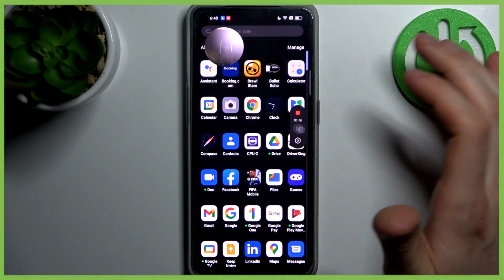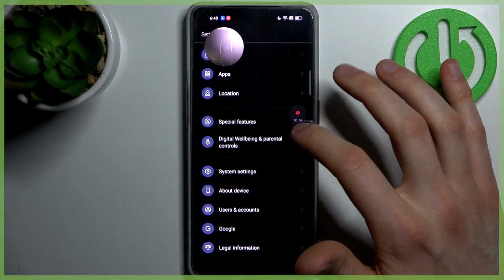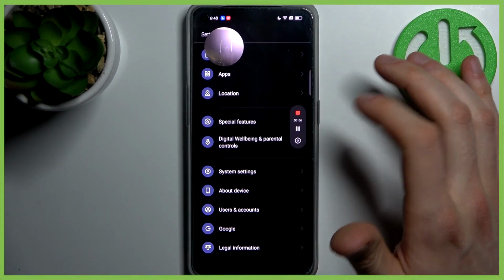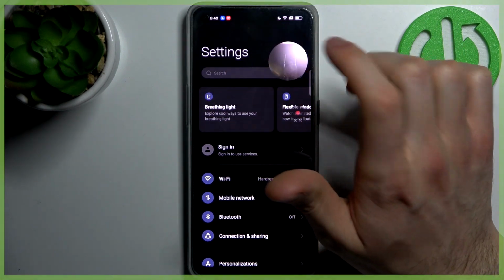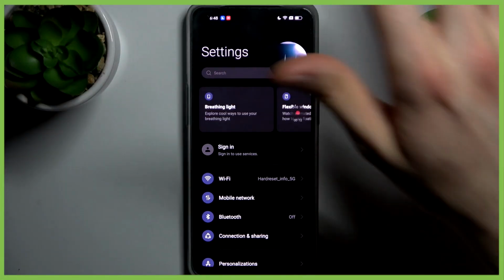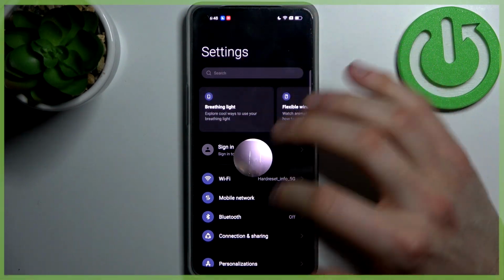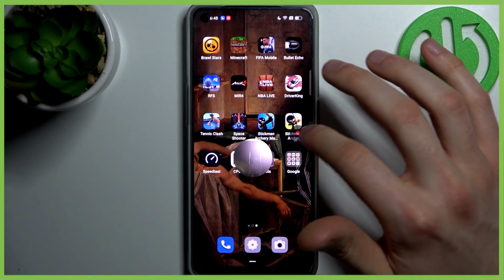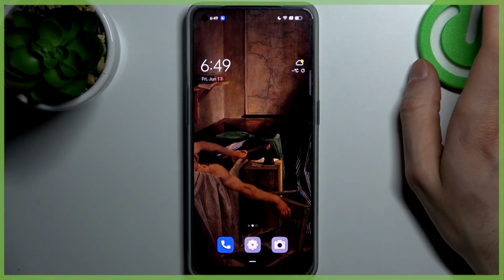You can pause recording by tapping on this button, then you can play it again by tapping on this button once again. And you can also move around this front camera view. You can move around this menu. But when you're done recording, you just tap on this red button once again, and after that recording will be